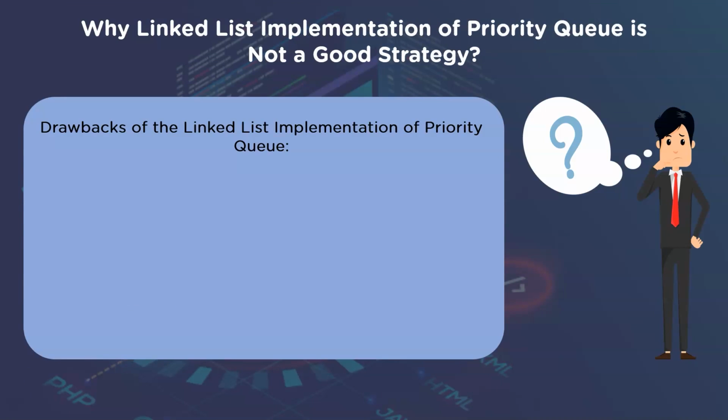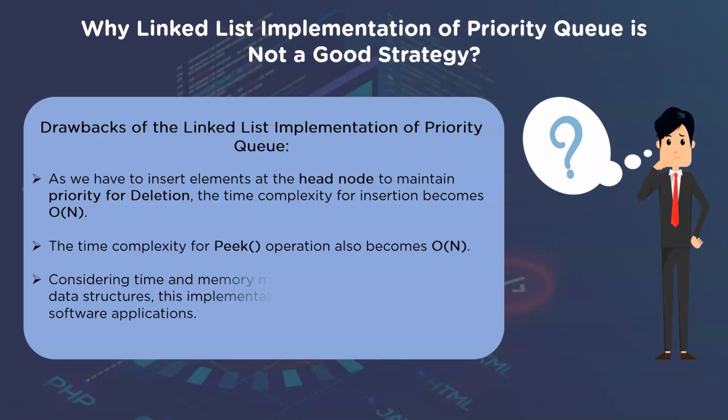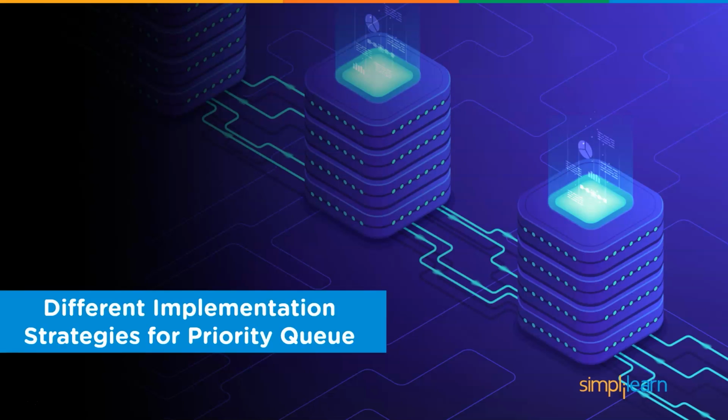While understanding the representation of priority queue, we came across some facts that make priority queue implementation using linked list quite vulnerable. So here we will again try to recall them. The first drawback of priority queue implementation using linked list is that it costs us big O of n for inserting a new element. Further, it also costs us big O of n for peek operation. And as memory and time management is the purpose of data structures, we must try to analyze other implementation strategies. That is why in upcoming slides we'll look into different approaches to implement a priority queue.